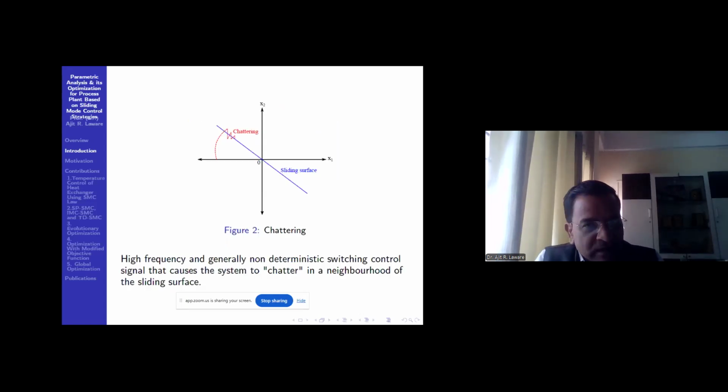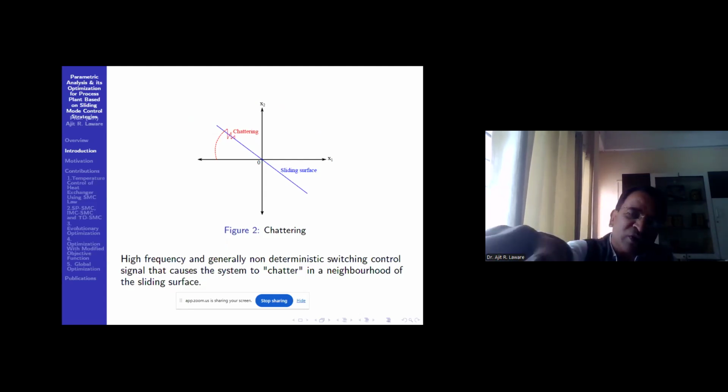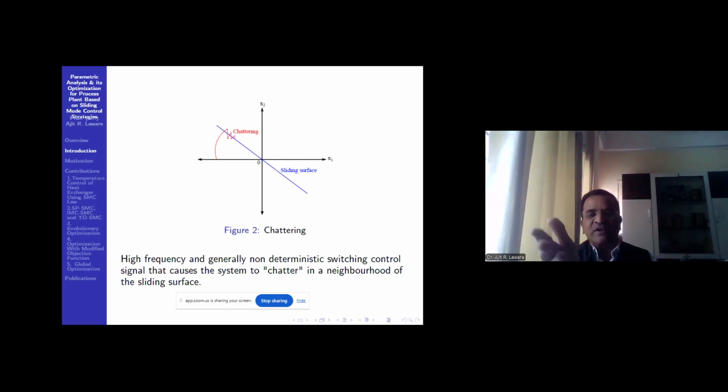From the initial condition, the system states are approaching the sliding mode condition, and S(t) is the sliding surface. If S(t) times S dot(t) is less than or equal to 0, this sliding condition is fulfilled, and then your system trajectory goes towards the user-defined sliding surface. But once it reaches the sliding surface, in a zigzag manner it reaches the origin,